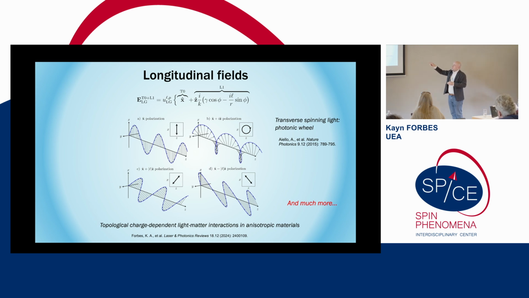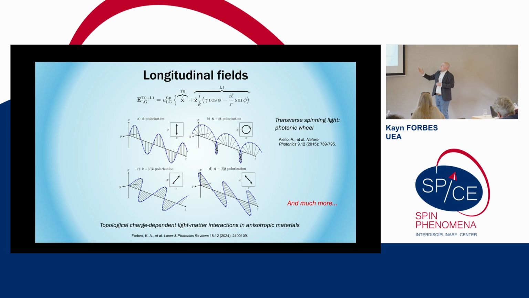But here you've got an X plus an IZ, so you'll get an elliptical polarization ellipse. It'll just be in a plane transverse to the propagation direction. So rather than XY, it spins in XZ. Okay? And that's responsible for something we're going to talk about called the transverse spin of light, or the photonic wheel. The other thing, which is quite interesting for vortex beams, because we're interested in vortex beams here today,